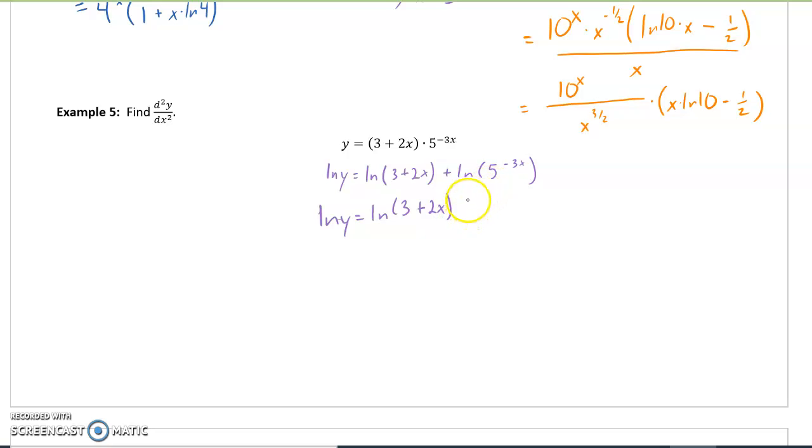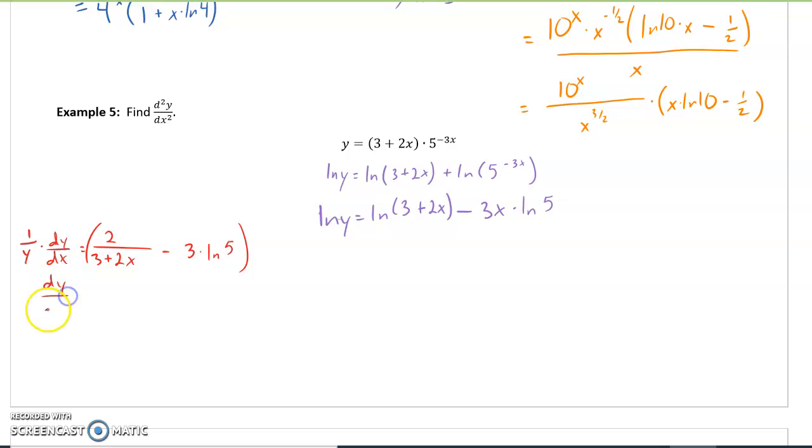And again, we're not doing any calculus at this point. We'll just pull this negative 3x out front. And again, this part right here is not going to be a product rule because natural log of 5 is simply a constant. So now we're ready to do some calculus. We'll go ahead and maybe over here start taking the derivative implicitly. So 1 over y dy dx equals 2 over 3 plus 2x minus 3 natural log of 5,